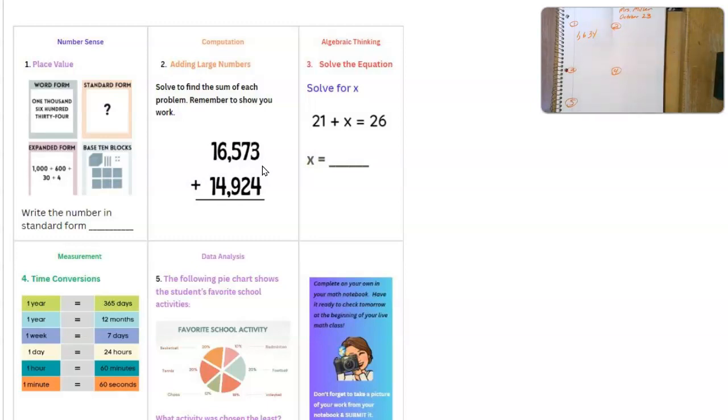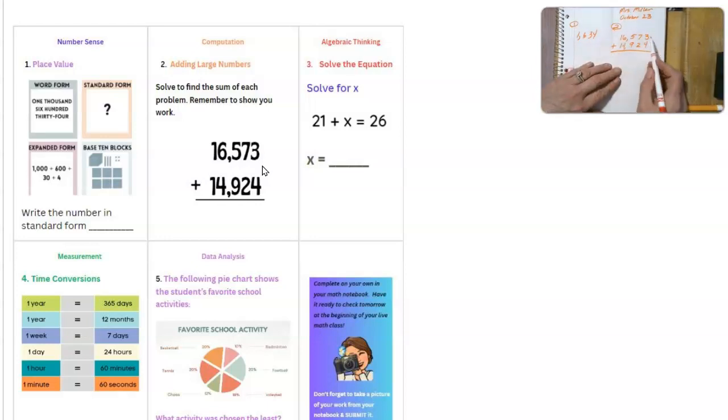So let's get started. 16,573 plus 14,924. Make sure you're copying the entire problem onto your DMR and showing your work from there, so I'll know